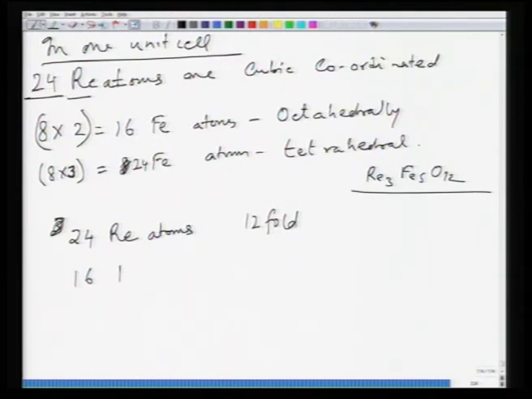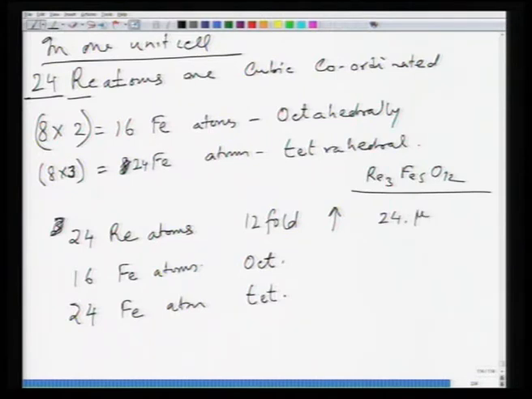You have 16 iron atoms which are octahedral coordination, and you have 24 iron atoms which are tetrahedral coordination. And if these 12-fold coordinated material atoms were spin up, they will give rise to some magnetic moment, and this magnetic moment would be 24 into mu r. Mu r is the strength of magnetism in the lanthanide ion, and this could be anything from 0 to any number higher onwards. So mu r is the strength of moment of r ion multiplied by mu b,